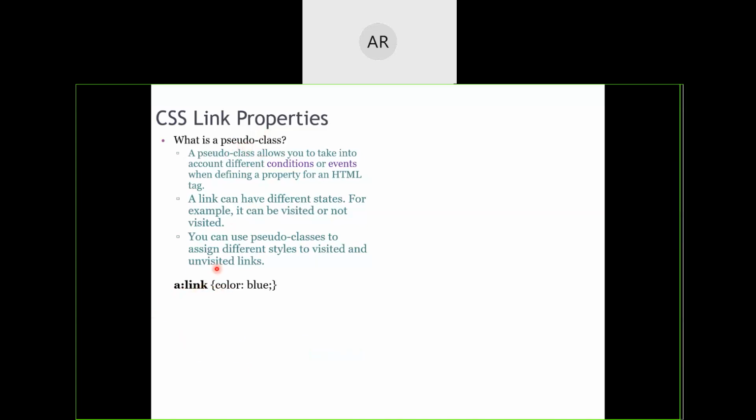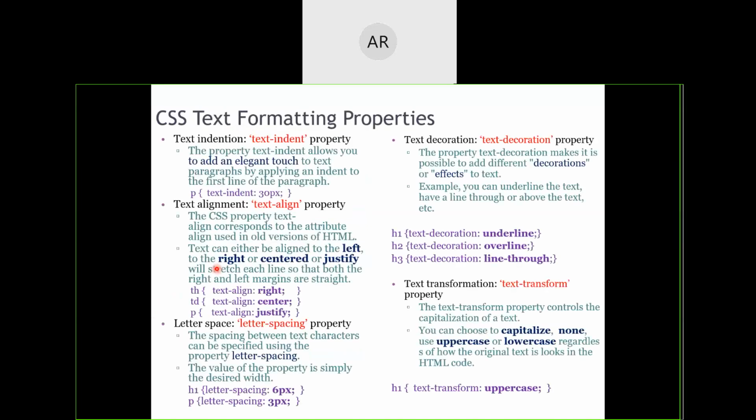Actually speaking, I did not want to say it because I don't want to threaten or frighten you. Here we are defining a class. Just like in C++, here also we have the concept of classes. Many will get afraid of that, but believe me, it is not very difficult. It is very easy, very easy. Simple name of the class, then in the curly braces, you just need to mention the property and its value. Same thing over here.